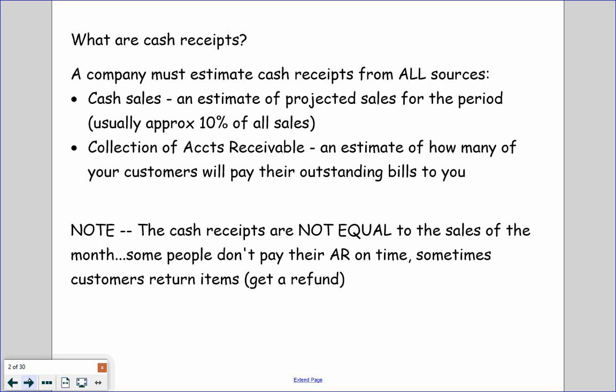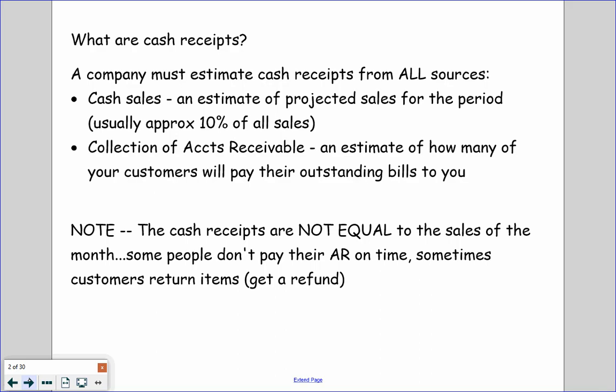of accounts receivable. So when you're looking at money into the company, you're looking at people that are directly giving you money for jobs provided, or people who are putting it on, for lack of a better word, a tab. Those are your accounts receivable, right? Accounts receivable are people that you have provided a service to, but they have not paid their bill yet, so they owe you money. Those are accounts receivable. Accounts payable, remember, those are the people that you owe money to, because maybe you have a credit card with that company or whatever. So cash receipts is money coming in from cash sales as well as money coming in from people who owe